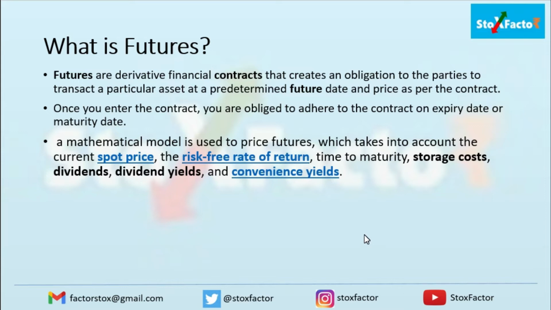So one is A, that is the counterparty, and another is B. So one open interest has two counterparties. So in markets there can be multiple counterparties. One is buying the futures and one is selling the futures, so there should be two counterparties. In that way the future contracts are getting traded in the market. Once you enter a contract, you are obliged to adhere to the contract on the expiry date, on the maturity date. As you already know, in our Indian markets the expiry is of 1 month.